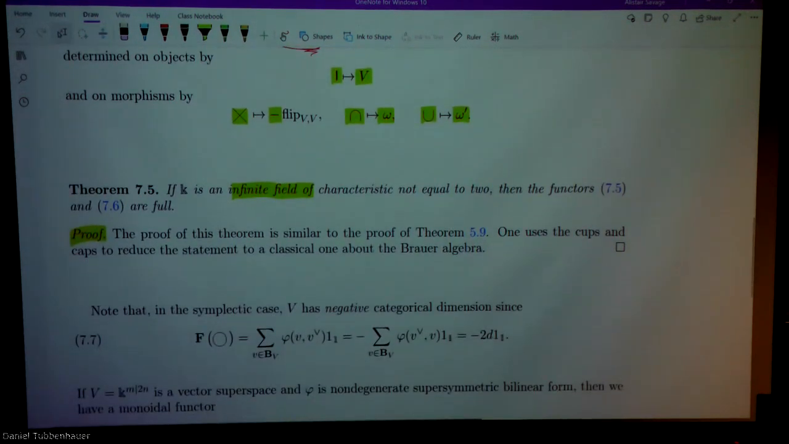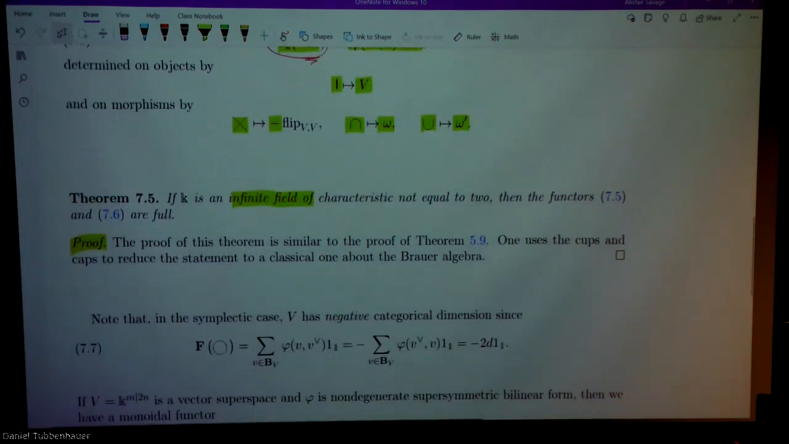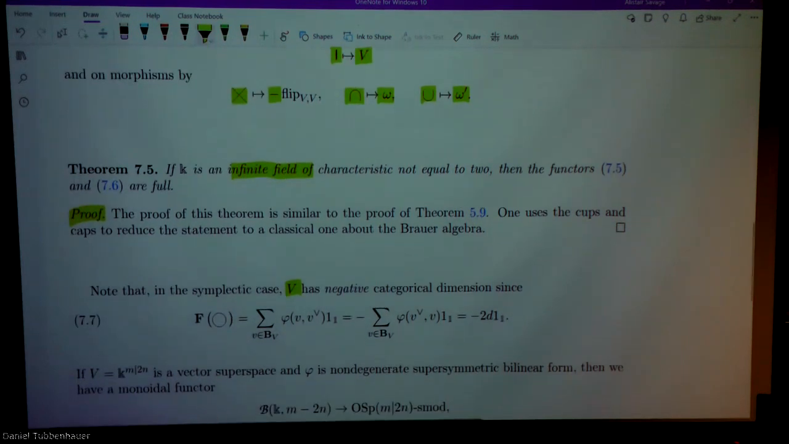But let's go to this issue that because we got this negative parameter, what this is saying is that this natural module has negative categorical dimension. So this is a case where categorical dimension doesn't quite correspond with usual dimension because the categorical dimension is negative. Well, why is that the case? At least where do you see that it's negative? Well, if we look at where this bubble is sent,